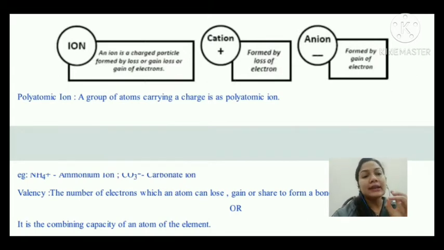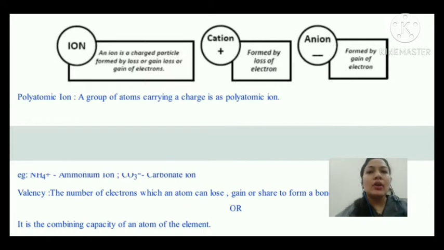It wants 8 electrons in its outermost shell, and it is having 1, 2 or 3. So for that element it is easy to lose. And if somebody is having 5, 6, 7 electrons, then it is easy for that element to gain the electron to become 8. So that depends on gaining an electron. And if we talk about 4, like in carbon, 4 electrons in its outermost shell, that means it can gain, it can lose. So it can make an anion as well as it can make a cation, remember.